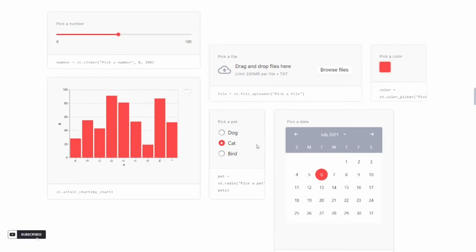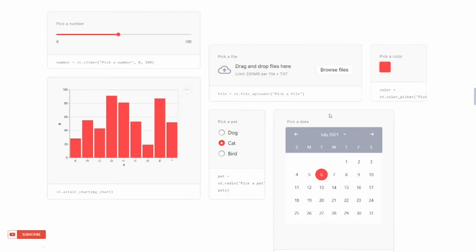Then there are various form elements like radio buttons, checkboxes, and many more. Then there is a calendar to pick a date for any application where a date is a requirement. So there are various types of widgets available in Streamlit. We will see the widgets in later sessions.